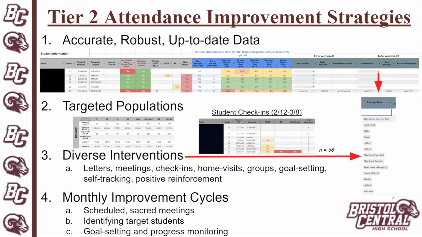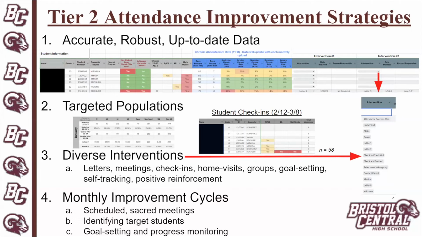This month, as we target a population, we know that our grade 9 and grade 10 attendance tends to be one of our larger problem areas still. And so we have focused the majority of our tier 2 work on students with 8 to 10 absences so far this school year who are in grade 9 and 10. And that has led us to 58 students. By focusing on those 58, with, of course, other students getting other interventions, but by really thinking about that 58 and how can we get them to school more,